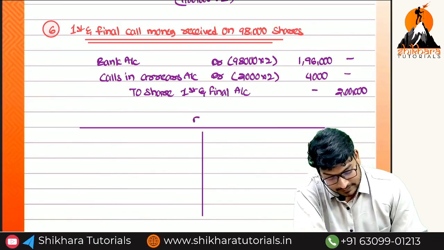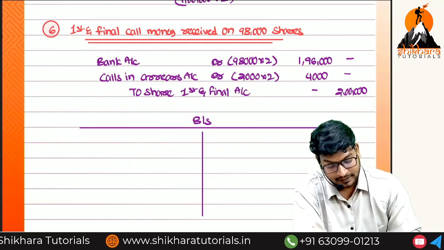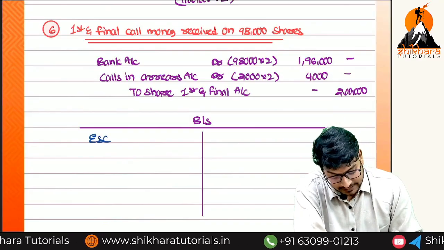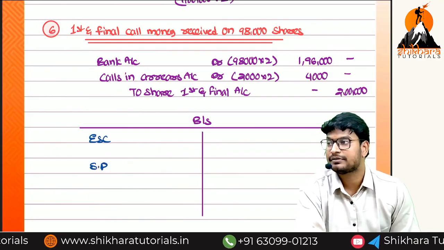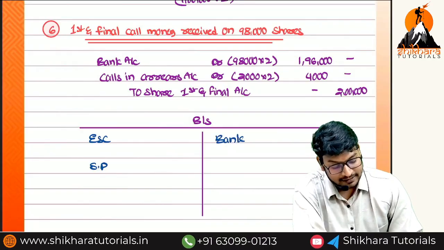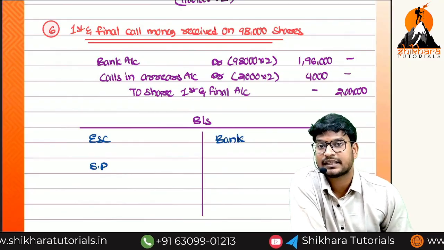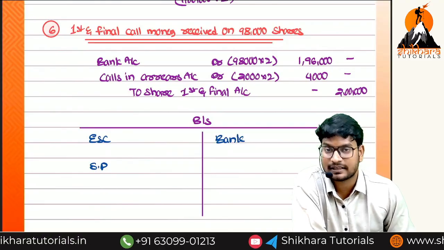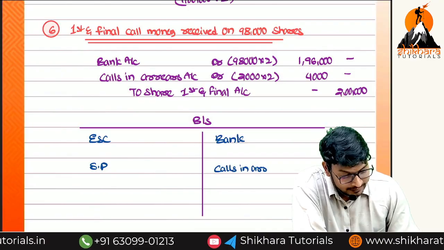Okay. What is this one ma? Balance sheet. What are the items will be available here? First one, equity share capital, and second one, securities premium. SP means what ma? Securities premium. And here what will be available? Bank balance. And calls in arrears, what we need to do? Reduce it from the equity share capital, but we are writing on the which side ma? Asset side. So calls in arrears.